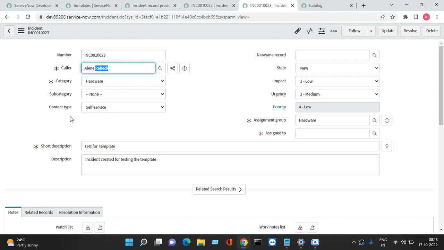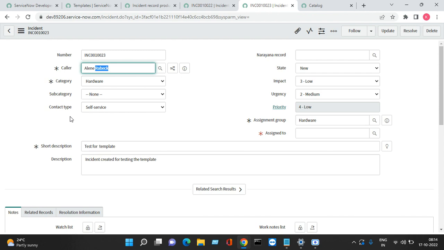Which means the contact type was automatically added from that template. So that means whoever is creating an incident from the record producer,